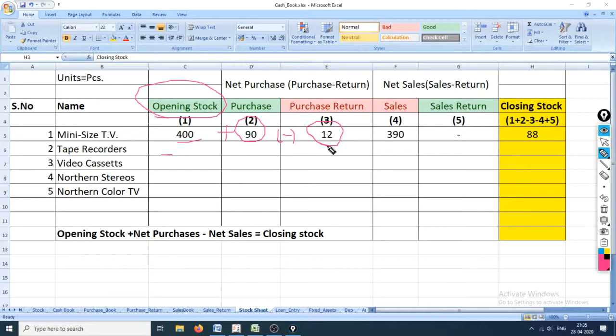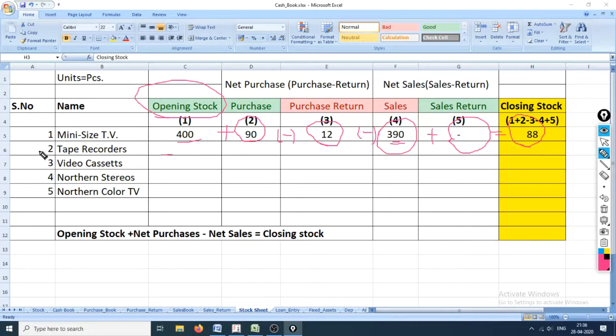Hence, this figure will come to 478. Then we have sold this stock. So mini size TV went out and is no more with us, 390 pieces. And if there was a sales return, then mini size TV would have come back to us. That is why it is plus. Hence, this is closing stock.